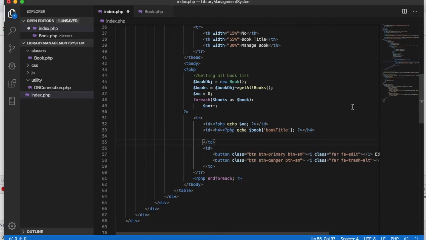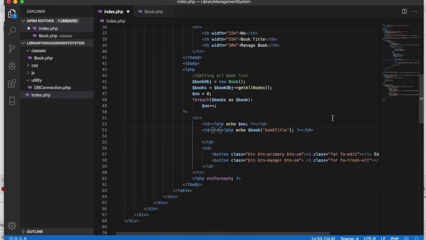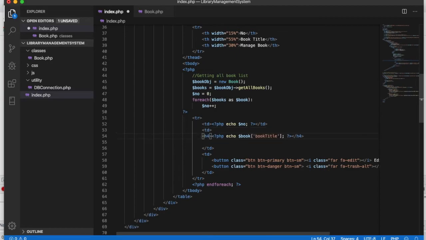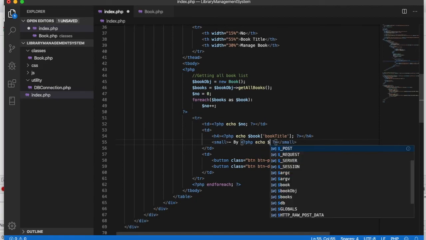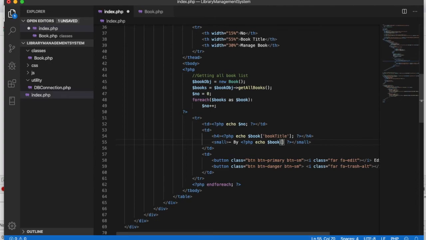Below this book title I will have a small tag. Inside the small tag I will say by, and I will print the author's name here. So echo book author. Let's save this,